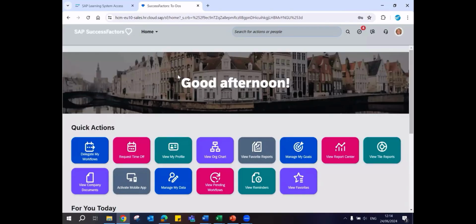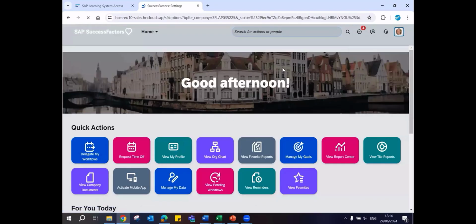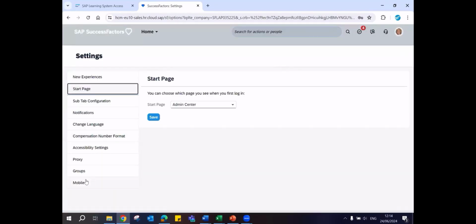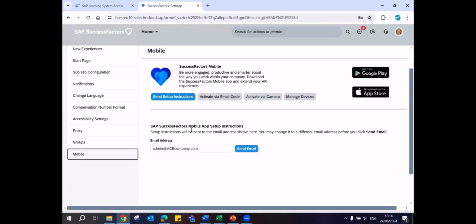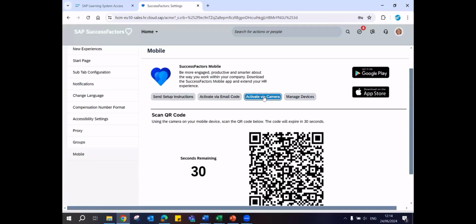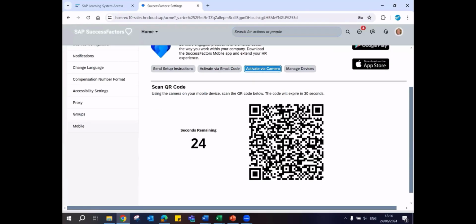Okay. And then here on the right hand top under the same settings, the place where we have seen, just go for the settings. And here you will be able to set up your mobile app as well. On the left hand bottom, you will have a place where you can look at the instructions and you can set up your mobile app in your mobile phone. And finally, when you are required to log in on your mobile phone, instead of entering the ID and password in the traditional way, you have an advanced way of logging in with QR code.